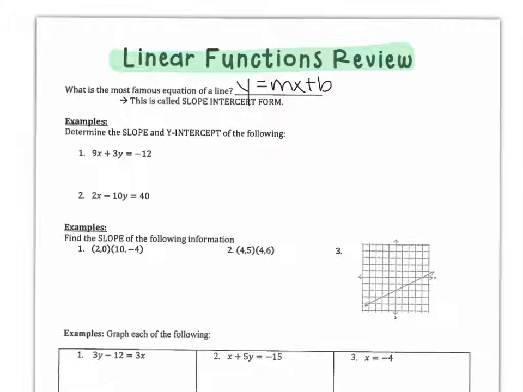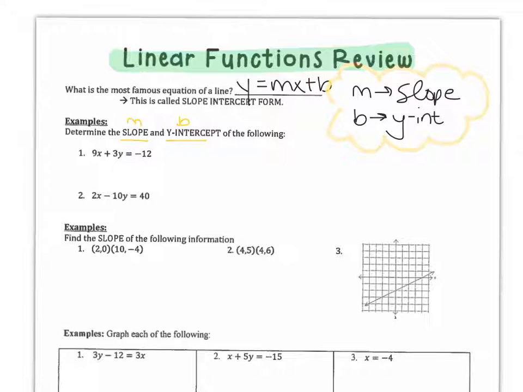We call this slope-intercept form because remember m stands for slope and b stands for y-intercept. In order to find the slope and y-intercept, we have to remember that y must be isolated. So y has to be alone in order for m to be next to x and b to be my constant. So if we look at this first example, it says determine the slope, which is m, and the y-intercept, which is b,